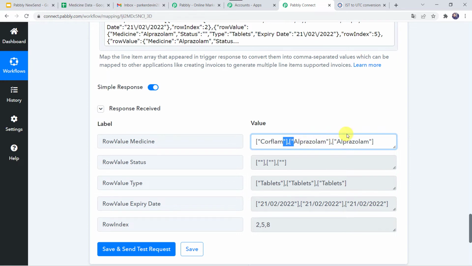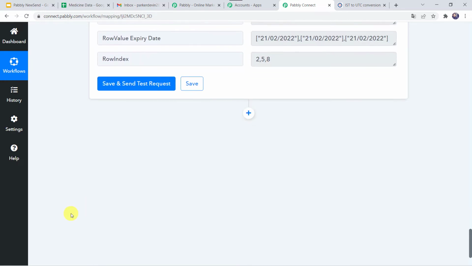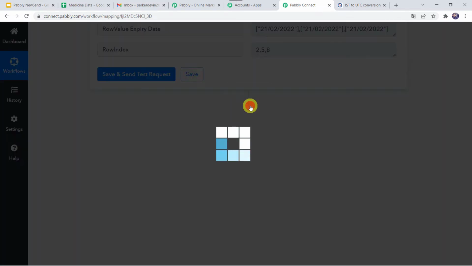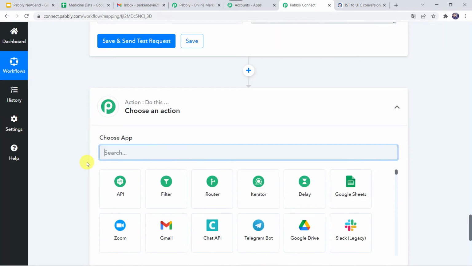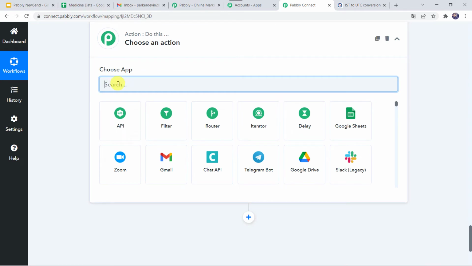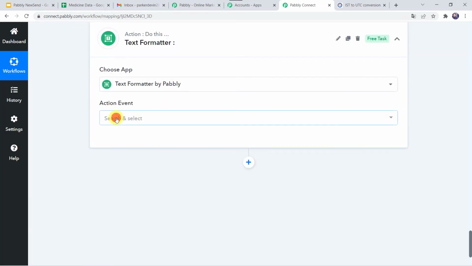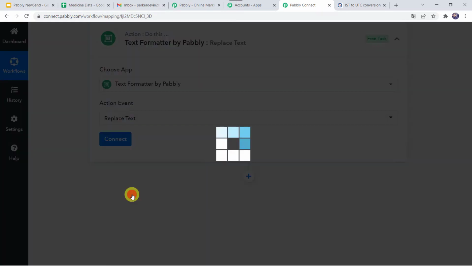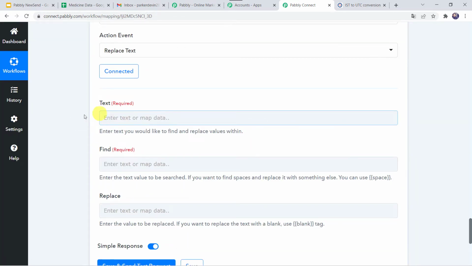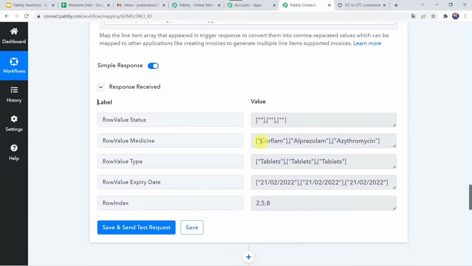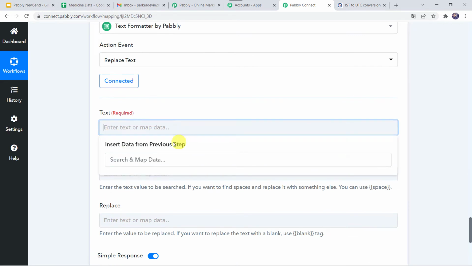So we are going to just replace all these with a comma. For that, come to this plus sign once again and click on add action step. In the action application, we are going to select text formatter. In the action event, we have to select replace text. Click on connect. Now here we have to map the text that needs to be replaced. So I want these quotation marks and the brackets and this comma to be replaced. So I'm just going to map this particular value, that is row value medicine over here. So let us map it